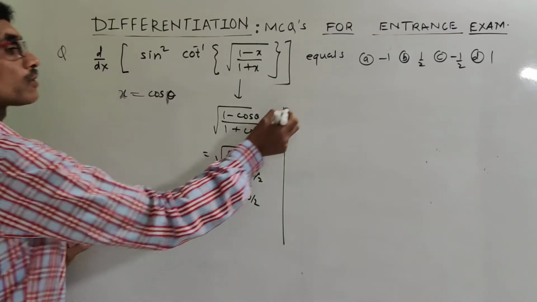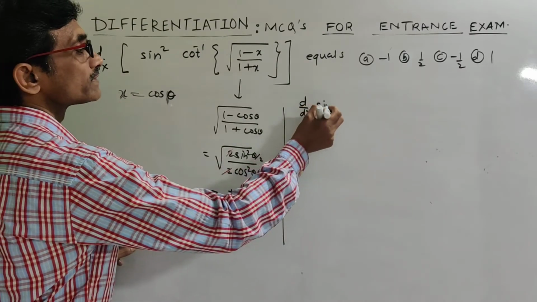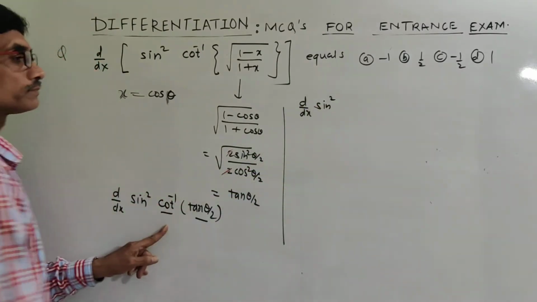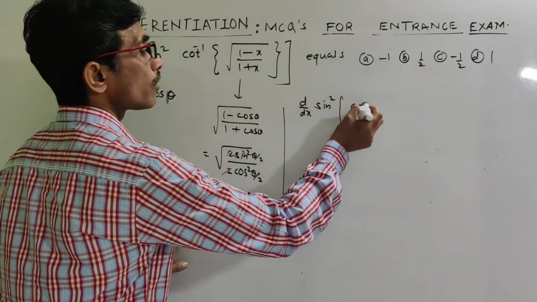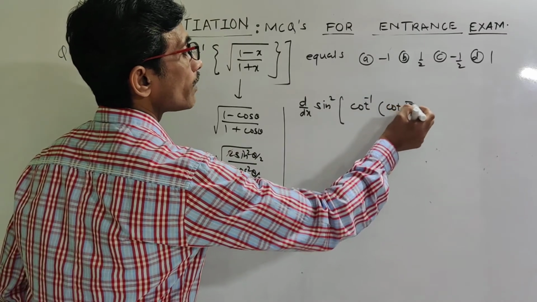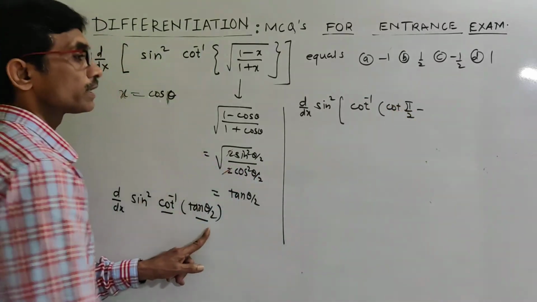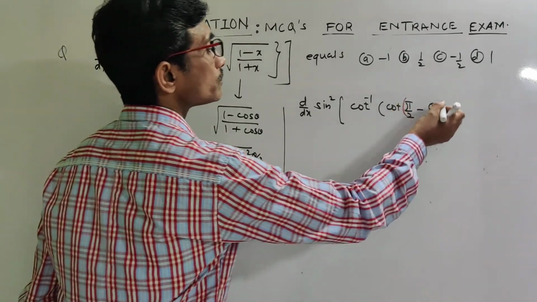So d dx of sine square of cot inverse of cot of pi by 2 minus theta by 2. Pi by 2 minus theta by 2,